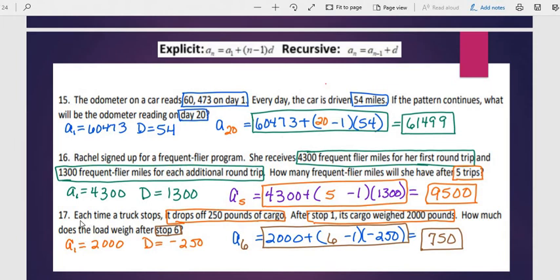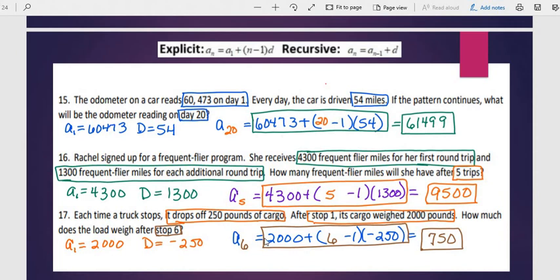Now look at number 17. Each time a truck stops, it drops off 250 pounds of cargo. So that means it's going to get rid of it. So it's going to be a negative 250 right here. We're not adding to it. We're taking away from it. So after one stop, the cargo